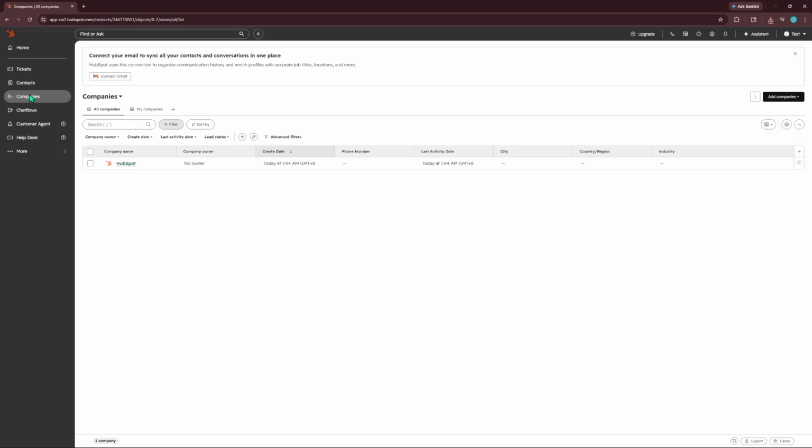This will take you to a new screen where you can view your existing list of companies or add new ones. Now that you're in the Companies section, you should see a button labeled Add Companies. This is your next click. By selecting this, you're telling HubSpot that you're ready to input new information about a company you want to track. Adding companies is vital because it allows you to keep all relevant data centralized and accessible, which can improve your